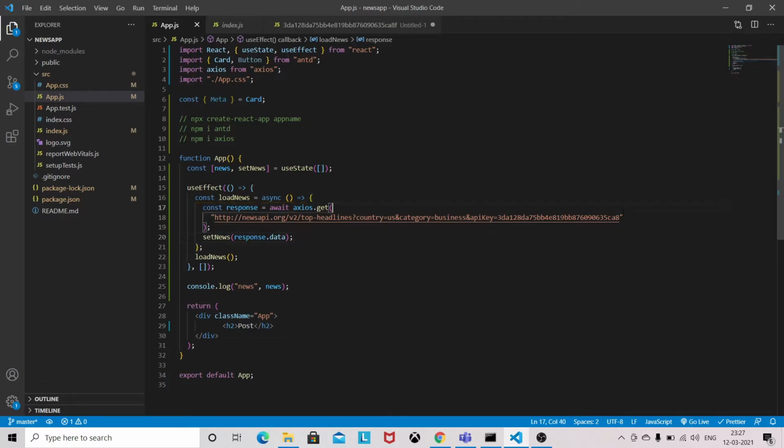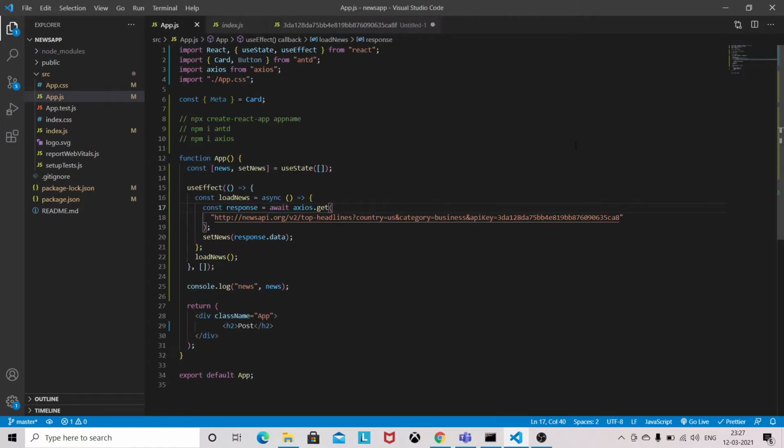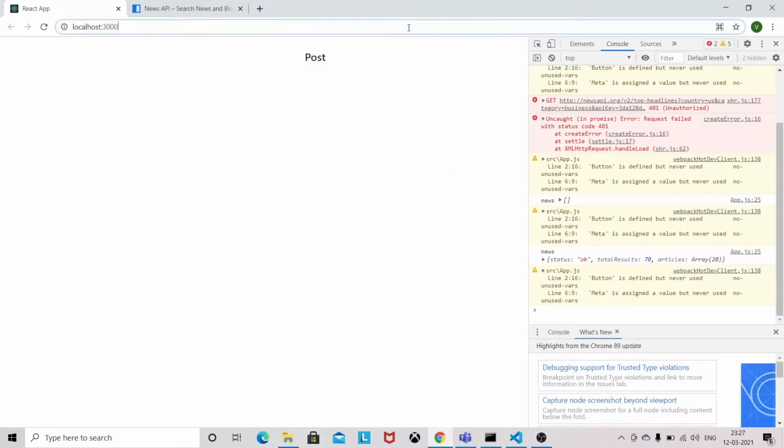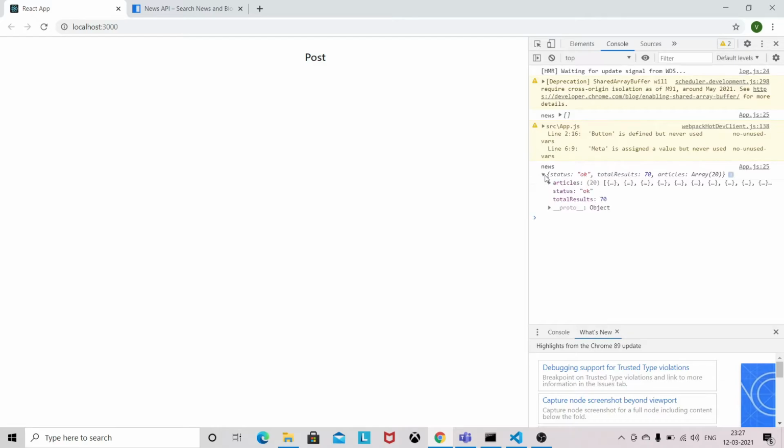Okay, some part actually I missed. I think I'm missing something in the key. Okay, sorry, my bad. Let's see now. We are getting something. Okay, we are getting our articles. So 20 articles we are getting.